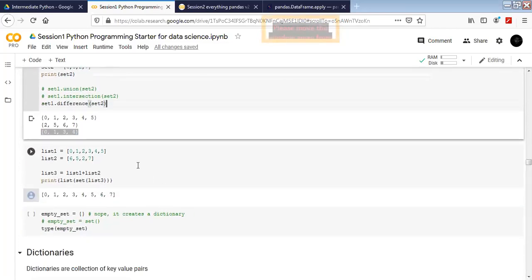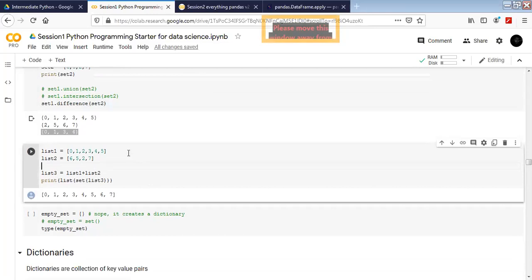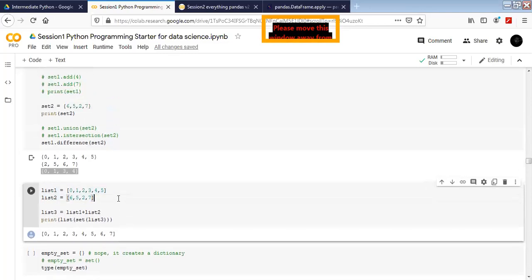Okay, let's move to one more good part of sets, which is using lists and converting them into sets. For example, this is a problem I faced a couple of months ago where I had two lists and I wanted to get the unique values of the two lists. To perform this operation, we would have to use a nested for loop, and then put in a lot of conditions. What I did there was simply join two lists, convert that into a set, and then convert it back to a list.